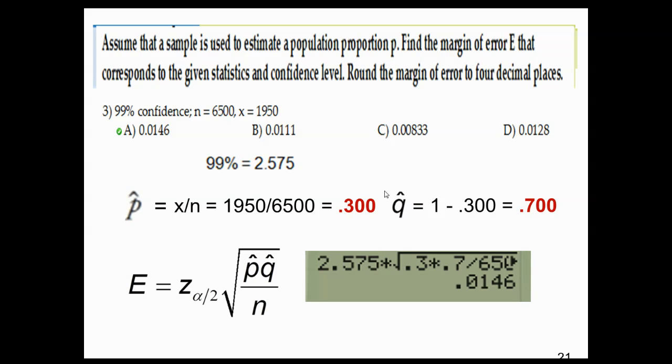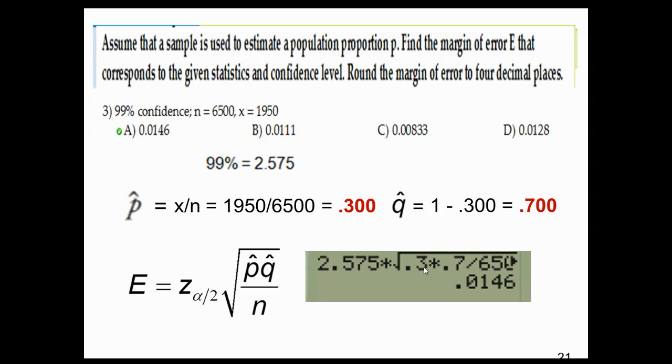Number two, same type of problem. Once again, you're looking for a 99% confidence level. Your n value is 6,500 and your x value is 1950. He's not telling me what p hat is, so I have to solve it myself by putting x over n. 1950 over 6,500. My calculator tells me it's 0.300. Therefore, q hat is 1 minus that, 0.700. For a 99% confidence level, I know my z-score is 2.575. That's from the chart. So in place of z, there's my 2.575 times, here I didn't use parentheses,